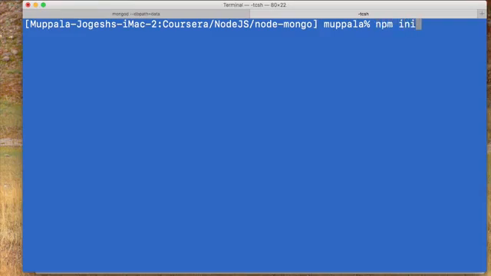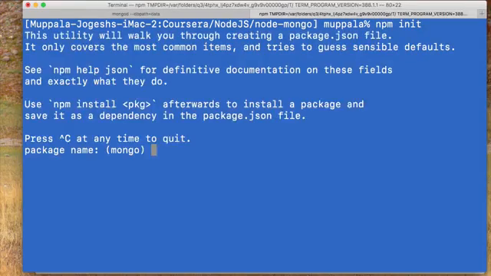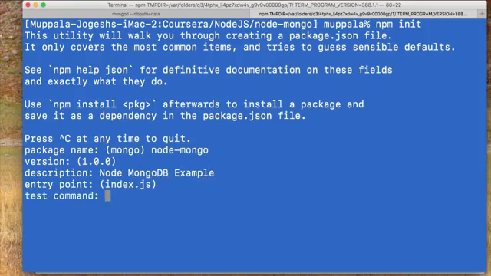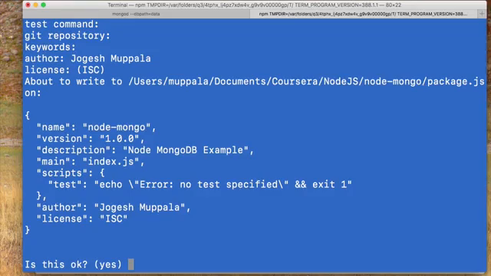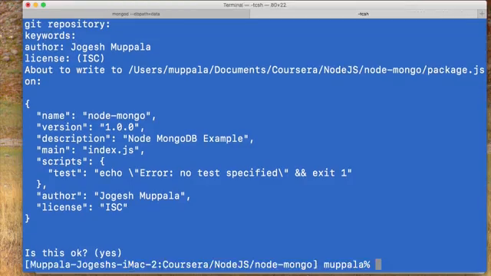Let me type npm init, and we will name the application Node Mongo, with the version, description "Node MongoDB example", the entry point, and the author, just like we have been filling in the previous exercises. And then once the package.json file is initialized, open this in the